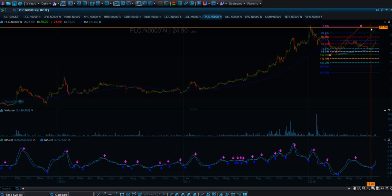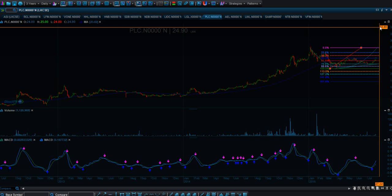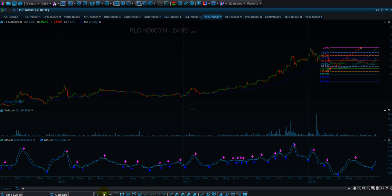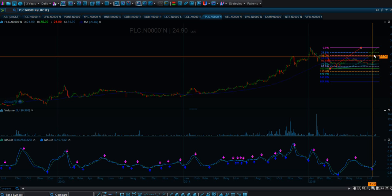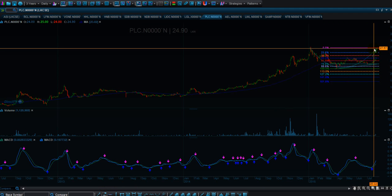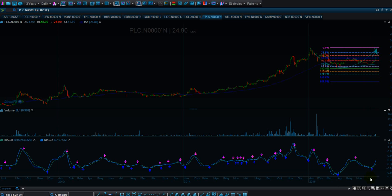So our next target would be from here towards 35. Let me drag this a bit. Yeah, so some more here we might see. Now we might see a target of around 35 here. So that should be the target for this, going from a first target, first this should go towards here, and then we could see it coming from here towards, and hopefully